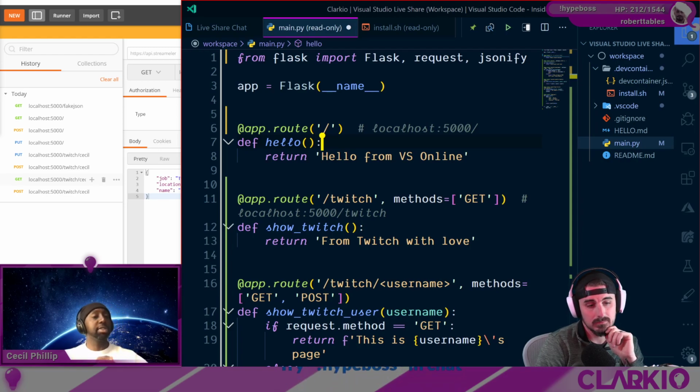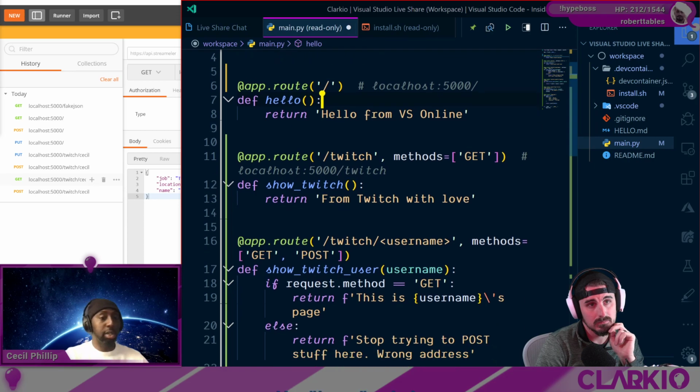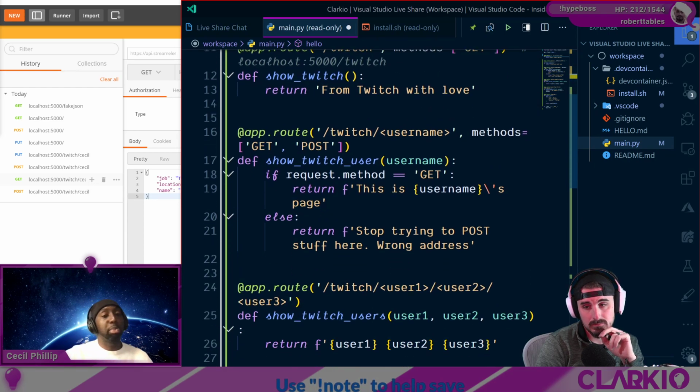So they could be ints, strings. They're strings by default, but they could be integers. They could be floating point numbers. They could be GUIDs, UUIDs, uniquely identifiable IDs. And then we also saw how we could specify the methods that we support, right? So, HTTP methods being put, post, deletes, options, head, and what those do and the roles they kind of play